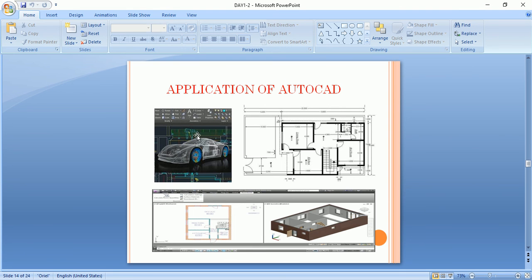The first one is the drawing of a car prepared by an automotive company. These are some of the civil drawings which are related to the construction of houses, buildings, structures, and many more. So AutoCAD is a well-versed software which can be used by a mechanical engineer, a civil engineer or architect, and also an electrical engineer. In the next session, we will create a drawing based upon the dimensions given and various tools of AutoCAD.